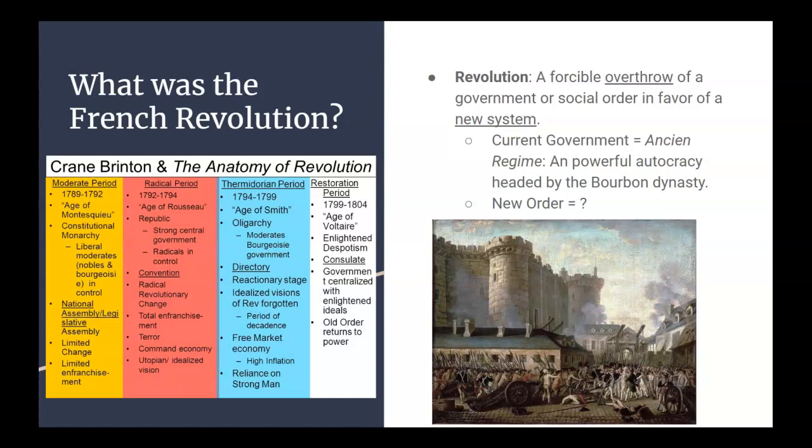Okay? The second period of a revolution following the moderate period is something known as the radical period. Crane Brinton noticed that when people are tired of change not happening fast enough, radical people, so people who are the opposite of moderate and slow, people who are a little bit extreme in their belief systems, will take charge of the revolution, and they'll try to make change happen fast, now, be violent about it, and be very aggressive about it because they're tired of very little change happening at the beginning of the revolution. A lot of times there'll be a lot of terror. A lot of times there'll be crazy ideas popping out.